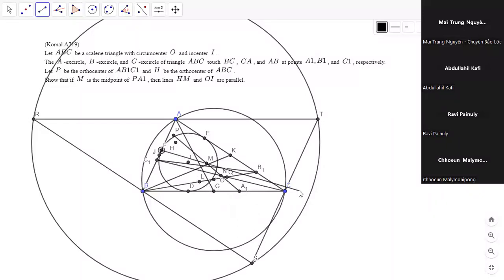Wait, I messed up somewhere. This, and this. Oh, not F. Sorry, I did the wrong point. I need J, C, and I. IQ. Yeah,